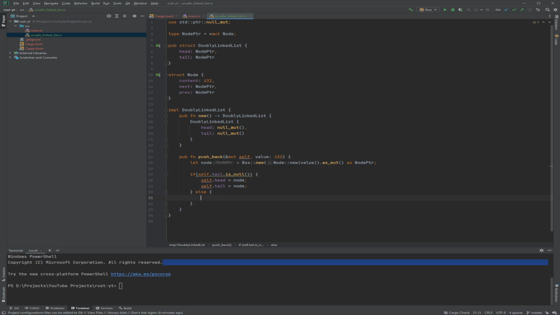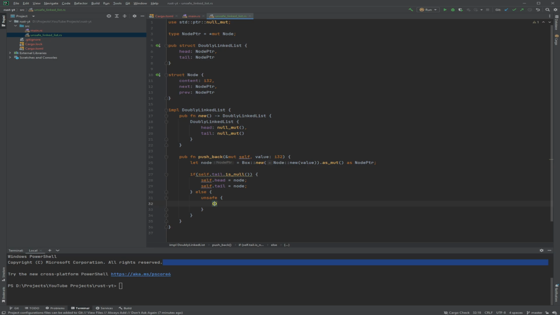So if there's a tail, then we want to append to it, pretty much. So now we have to go to unsafe land. This is a land you don't want to go to a lot, but as a game developer, right now you still have to use unsafe code, but eventually you probably won't need to.